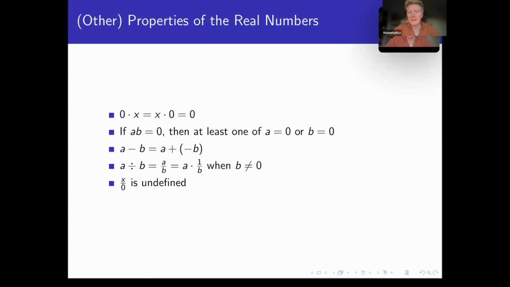And last but not least, we say any number divided by 0 is undefined. In the case where we have 0 over 0, that's indeterminate. That's Calc 1. We're not brushing that here. So